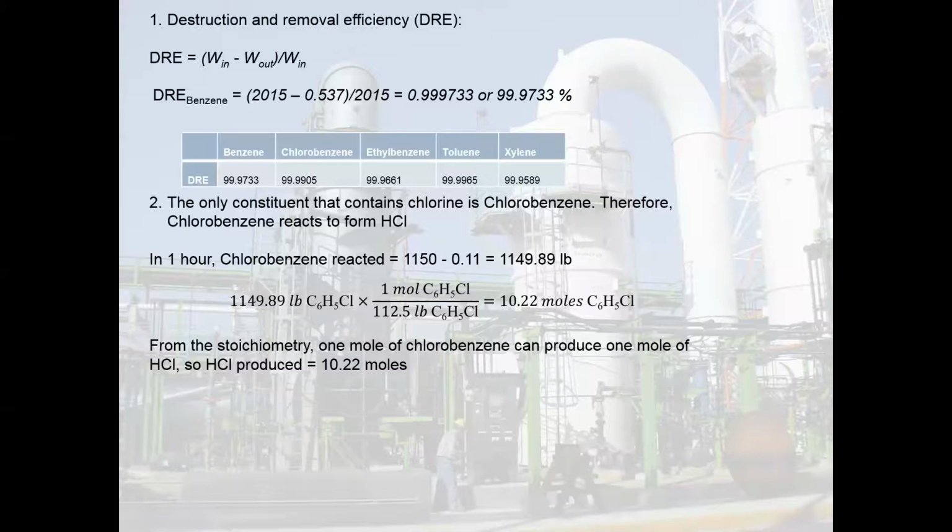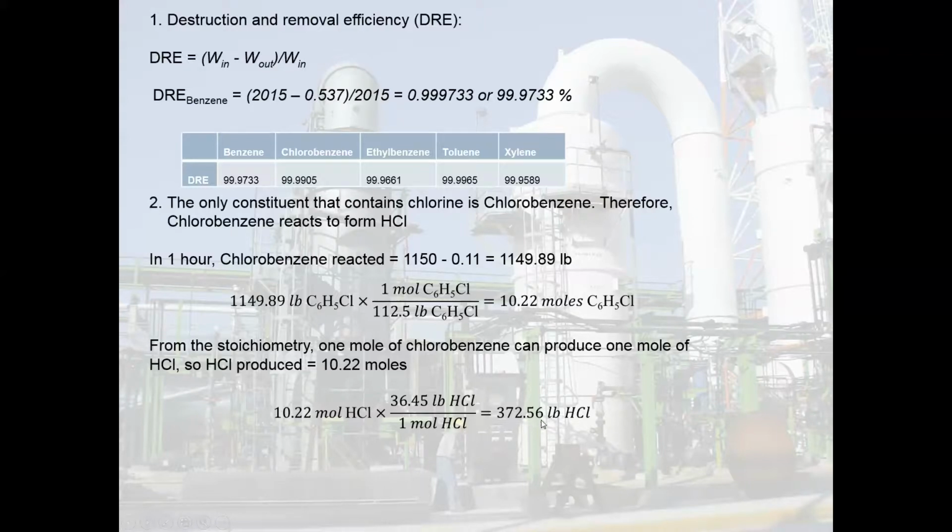But in general, when you do a stoichiometry of this chemical reaction applying heat, what we find is that 1 mole of the chlorobenzene will create 1 mole of the hydrochloride. And so that means that if 10.22 moles of chlorobenzene reacted, 10.22 moles of hydrochloride is produced. And so then we can make a quick calculation to determine how many pounds of hydrochloride is produced from this as well, which is